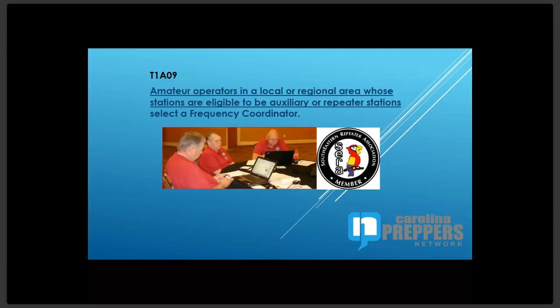And they decide among themselves who's going to be the leader, who's going to be the official frequency coordinator. But in general, they all collectively make the choices, and they all discuss. If a repeater wants to come online, they pass it around to the entire group and let them know about it. It's not a dictatorship with the Repeater Association. So with that said,